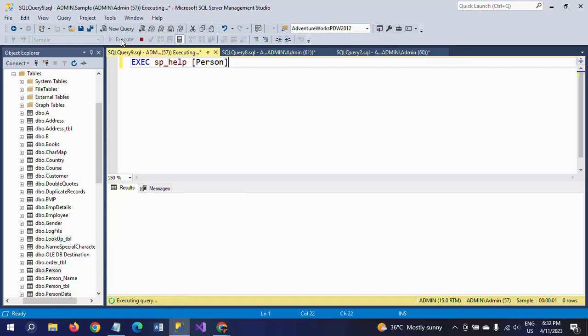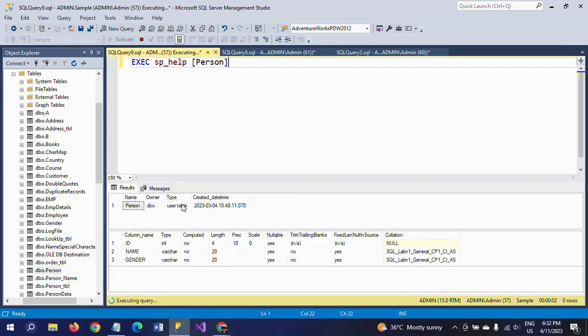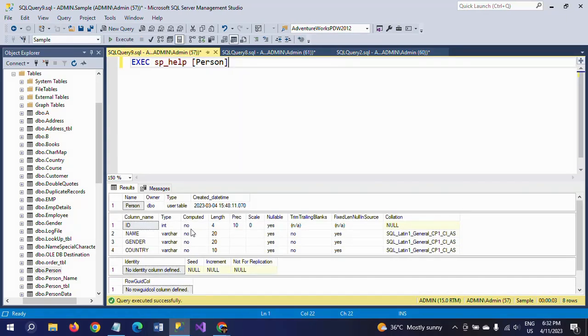If you execute this one, the entire structure and the database details will be displayed in your DOM. See, person. This is the known feature. Apart from that, there is one key. Select your